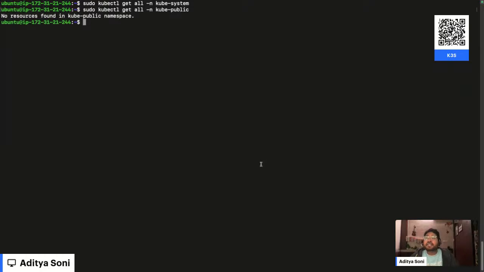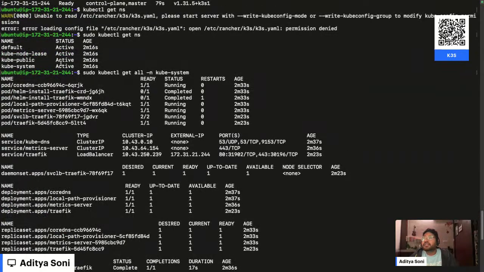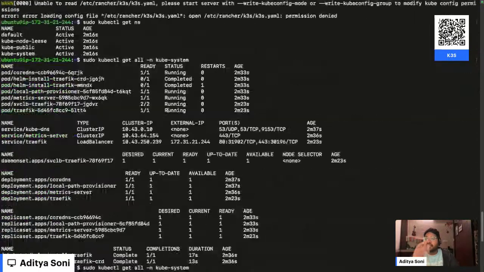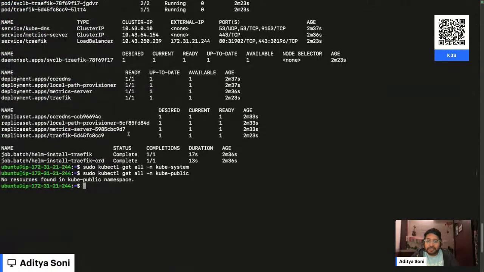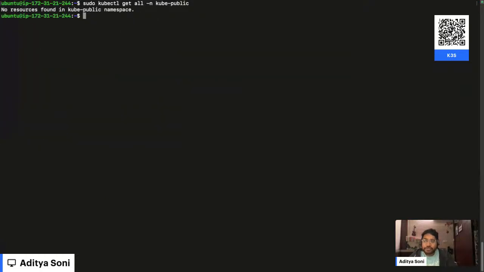Okay, there's nothing in the public namespace for now, because nothing came by default here. So that is good. Apart from that, if you have already set up the single node cluster and you want to deploy an app, we can do that also. For now I'm just going with a simple application, or maybe I would say a normal Nginx application. So let's try to